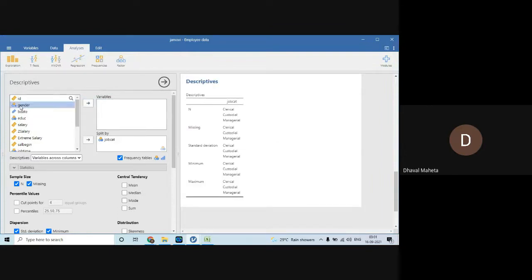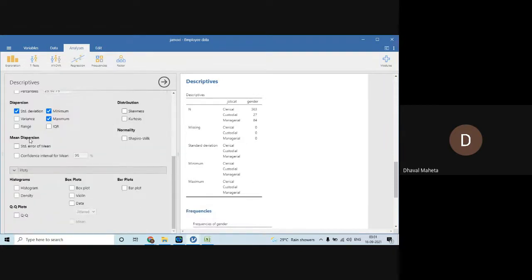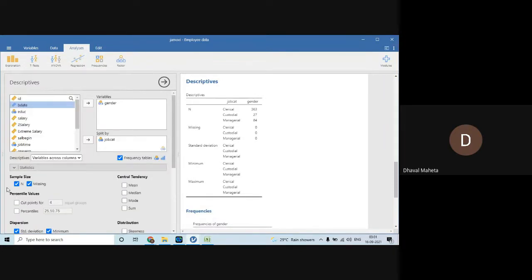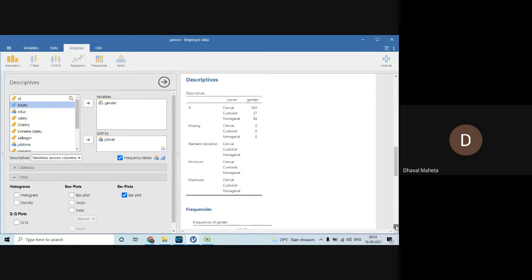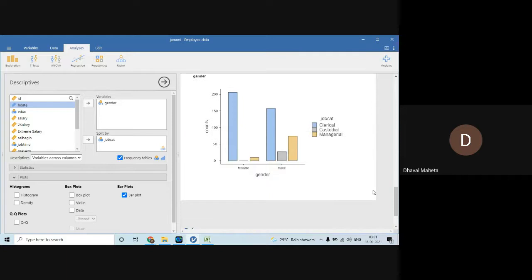Now see, suppose I am plotting this thing here, and I have told you that you can plot the clustered bar chart. Close this and go in bar plots. And now you will have a representation of the data in this format. Just check it. See?